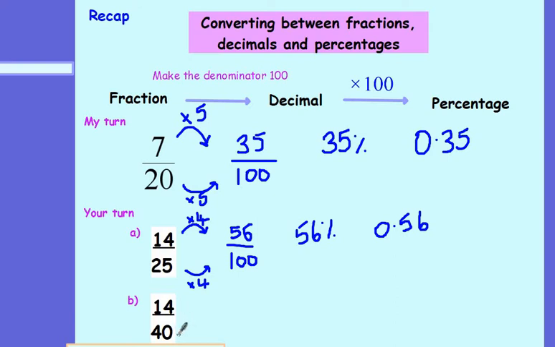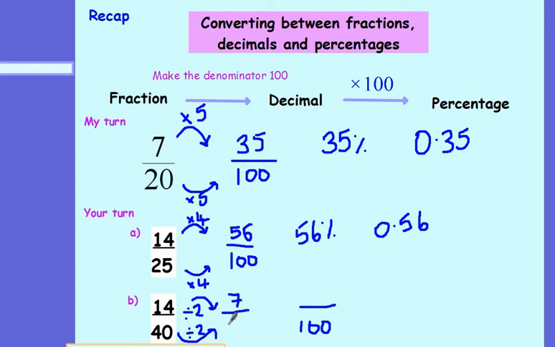The second one's a little bit trickier. We need an intermediary stage. We want to put it over 100. But I can't just multiply 40 by something to get 100. So my first step is going to be to divide top and bottom by 2. That's going to help me out,